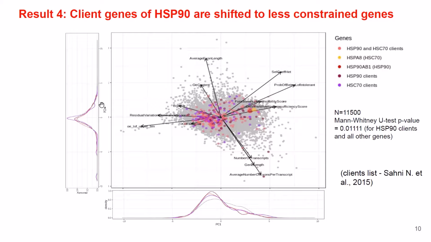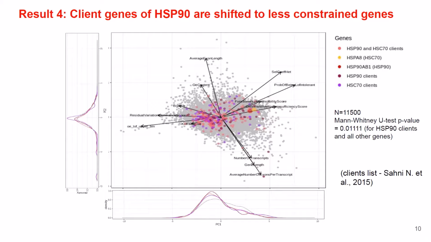In the second principal component, the most contribution is from the metrics of structure characteristics of genes. So we can say that PC1 approximates the level of evolutionary constraint and that clients are shifted to the side